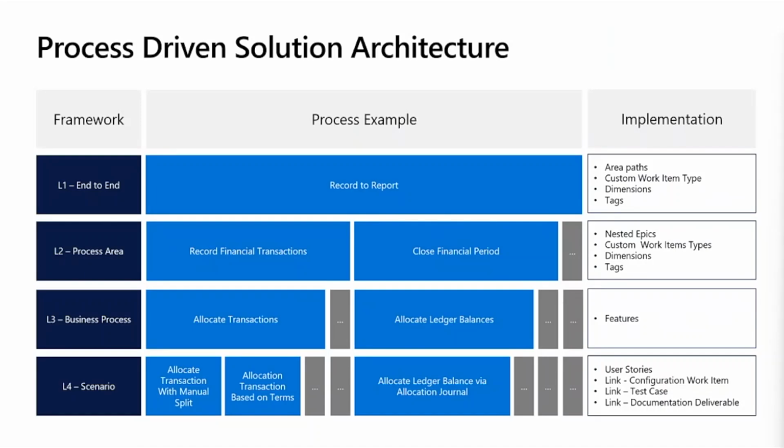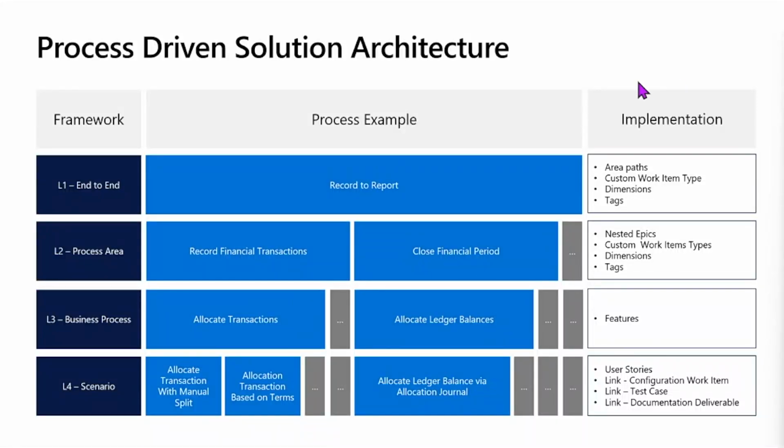So this is another view of the hierarchies with end-to-end processes, process areas, business processes, and scenarios. Sometimes you'll hear us refer to the different levels of the hierarchy by their level. So L1 equals end-to-end, L2 equals business process areas, L3 equals the business processes, and L4 are those patterns or scenarios. We have another example here in the center of the slide showing a record to report example. Again, it's not a comprehensive example, but it's showing another sample of how that might look for an end-to-end